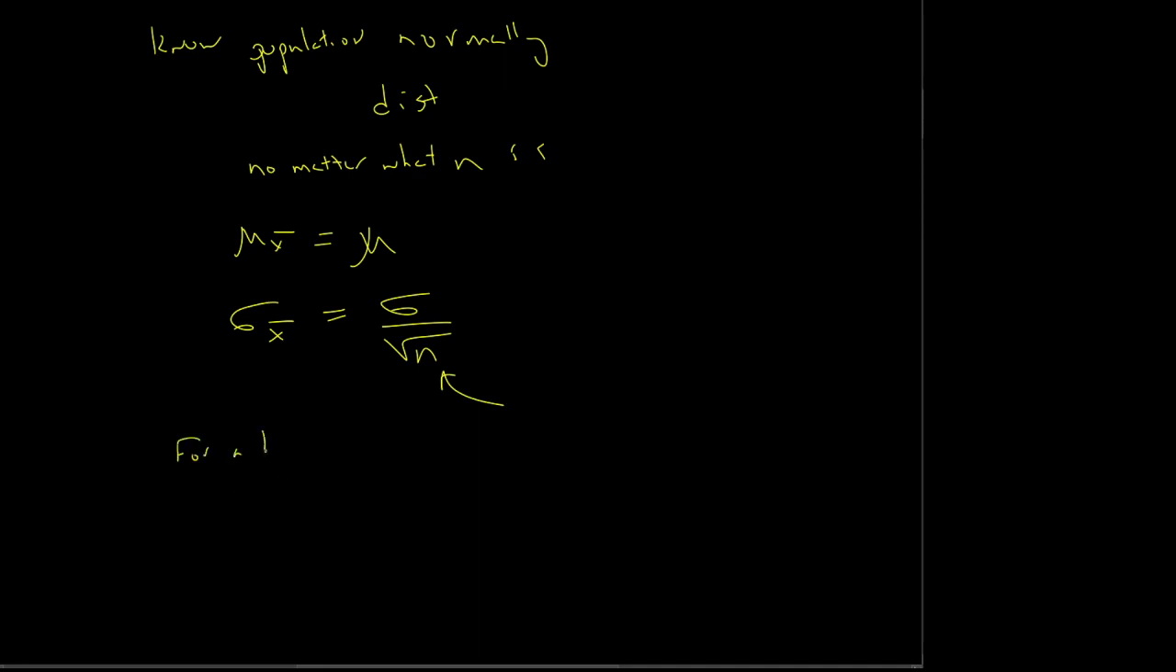Two big things come out of this. For a better experiment, n must be larger. But it only gets better as the square root of n. So let's say you have an experiment with 10 samples. To make it 10 times better,